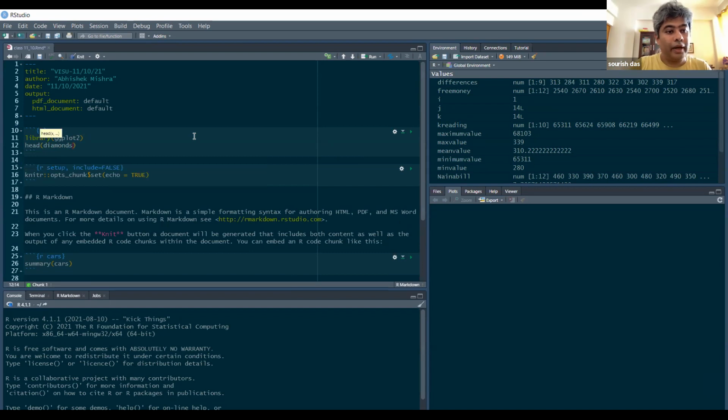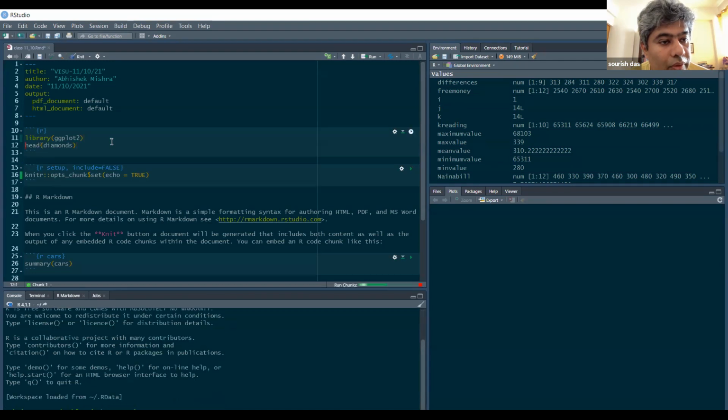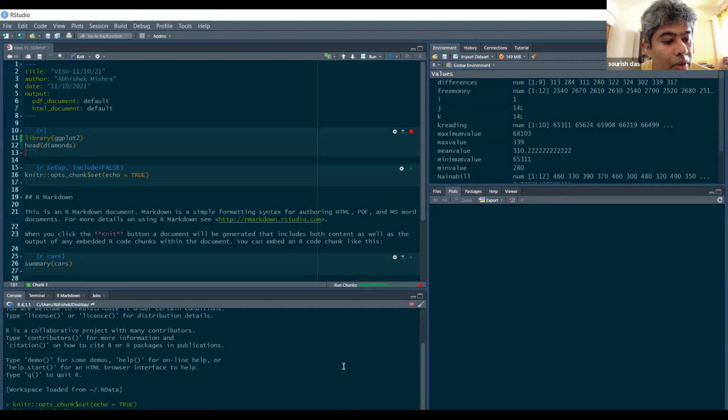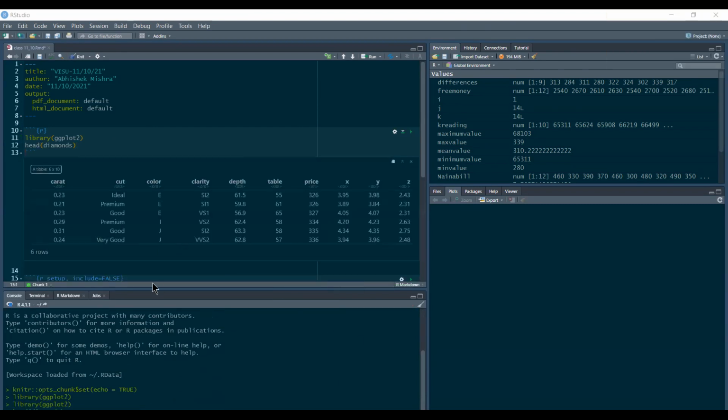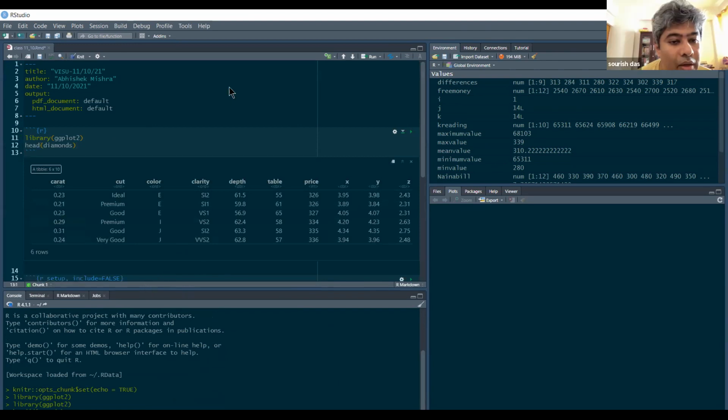So now if you just compile this, you just need knitting. Yeah, it works here fine. So the diamonds dataset is a built-in dataset in ggplot2.